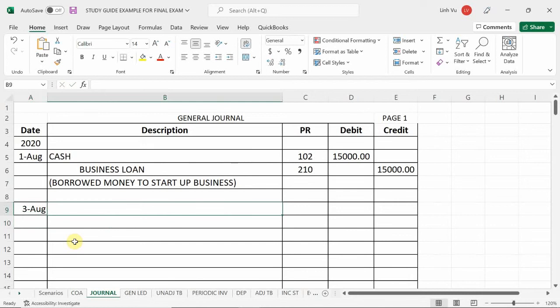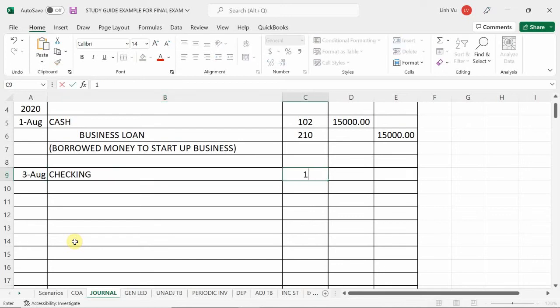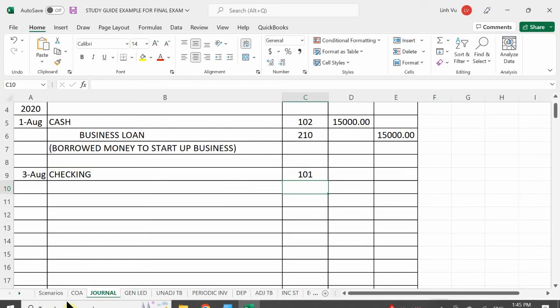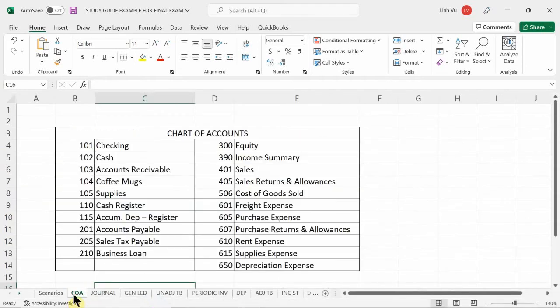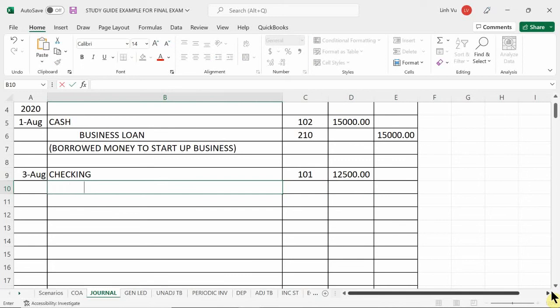So which one goes first, checking or cash? Checking first because it's debiting. Yes, we're increasing our checking account. Let's see, was it account 101? Yes, account number 101. Okay, and we're depositing 12,500, right? Yes. And we're going to be crediting our cash because